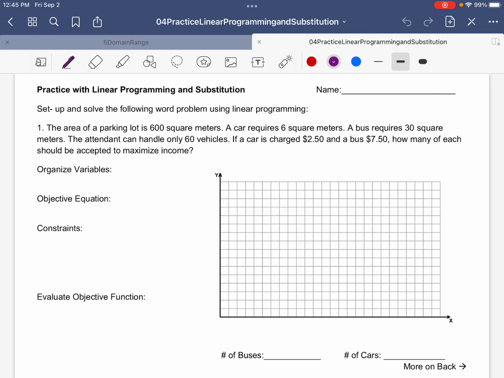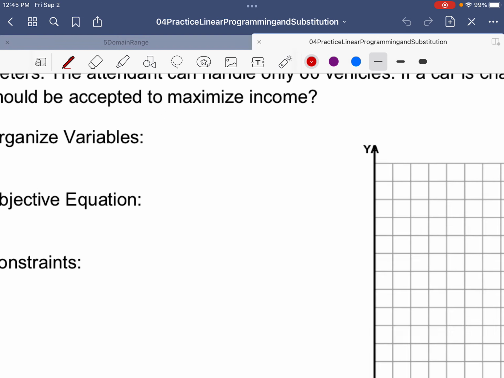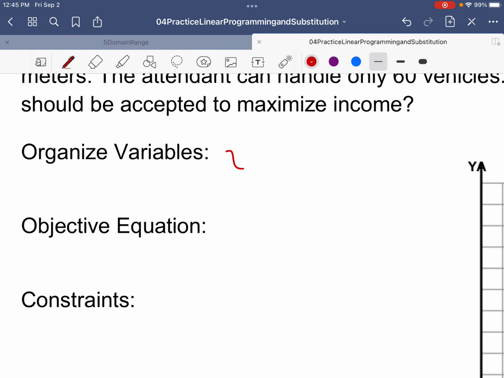You might say, well, just bring all the buses in, but they might take up too much space. Just bring all the cars in. Well, you might not get enough money. So the idea here is to figure out what's going to be the best combination of cars and buses. That's normally how these problems work, where you want to say that x and y are the